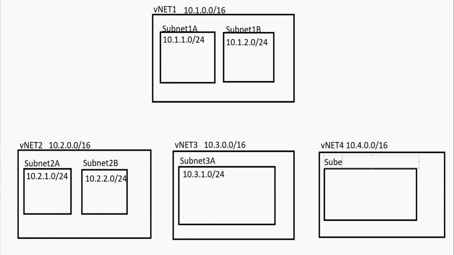And it'll be subnet 4a, and then that would be 10.4.1.0/24. Okay. So this is my strategy. Now, the other thing I want to clarify is that you have to consider the fact that